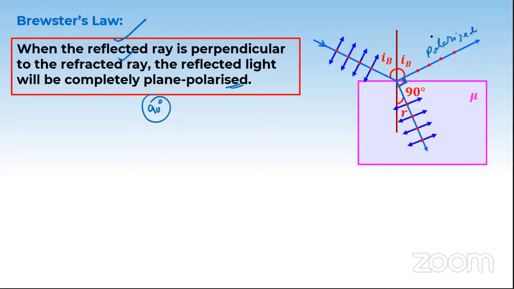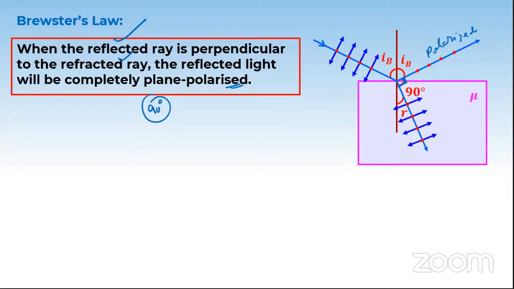Okay, very simple. Am I clear? Click on yes, guys, if the condition is clear. If the condition is clear, we'll derive Brewster's law. It's very simple. Am I clear? Click on yes, Zoom guys. If you have any doubts, you can ask me in the chat box. YouTube guys, am I clear? Okay, cool then. That's great.